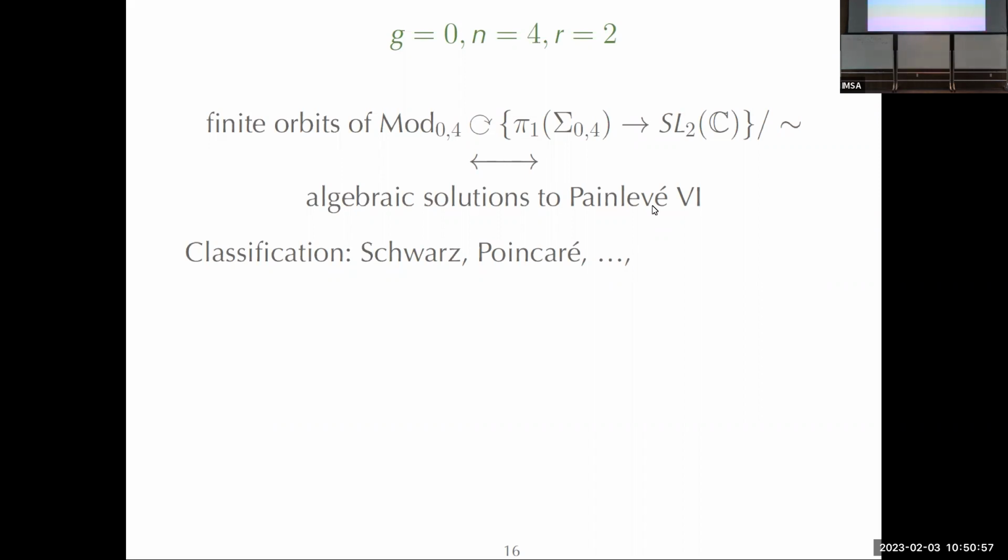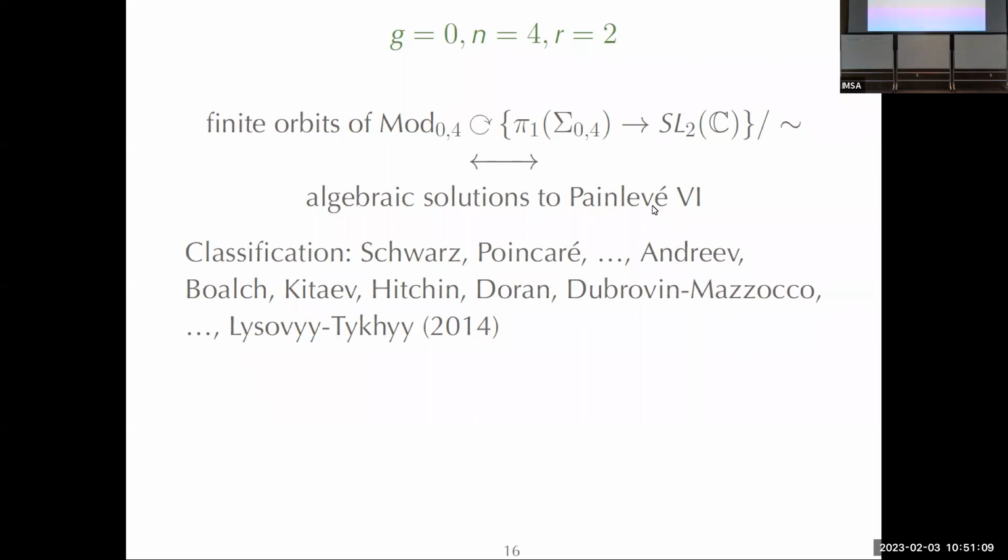Okay, and then in 1905, people wrote down the Painlevé VI equation, and I think there was some interest in finding algebraic solutions in particular, because most solutions are very transcendental. They're called Painlevé transcendents. But then I think the interest in this was really revived by Hitchin in 1995 when he discovered some new algebraic solutions to Painlevé VI, and then the study took off with work of Andreev and Boalch and Kitaev and Doran, who all found beautiful examples of algebraic solutions, and then Dubrovin and Mazzocco, who classified them with some assumptions, and then finally the classification was completed in 2014. So I guess 110 years after the Painlevé VI was written down,